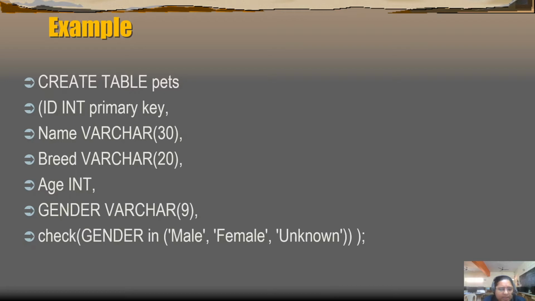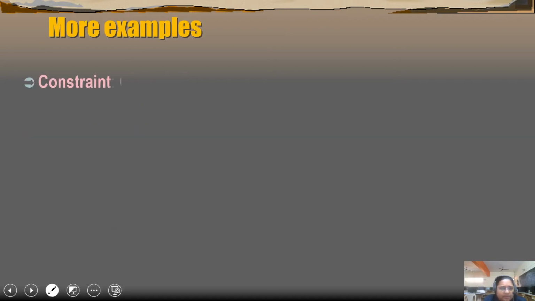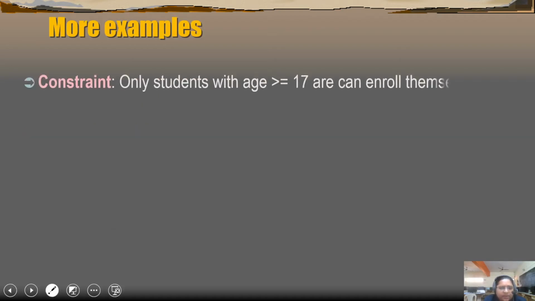And a check constraint has been applied on the gender field, as you can see over here: gender in male, female, unknown. So this is a check constraint, that is, the user can enter either of the three values, male, female, or unknown, only for the field gender. Now some more examples we will be doing.